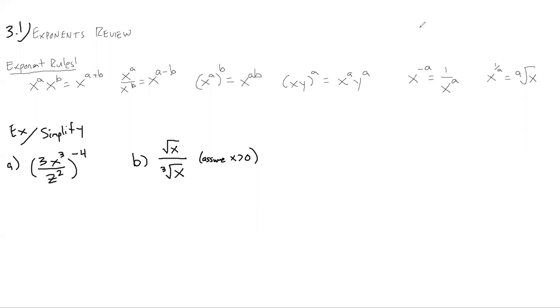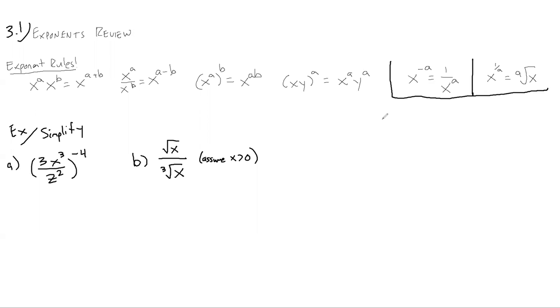All right, so I've cleaned this up a bit, and I've added a couple more rules on the right here. Specifically these 2 rules. These are not really algebraic rules so much as they are notation rules. They kind of are spawned from the rules before, but just to explain these ones, we have x to the negative a equals 1 over x to the a. And so the justification for